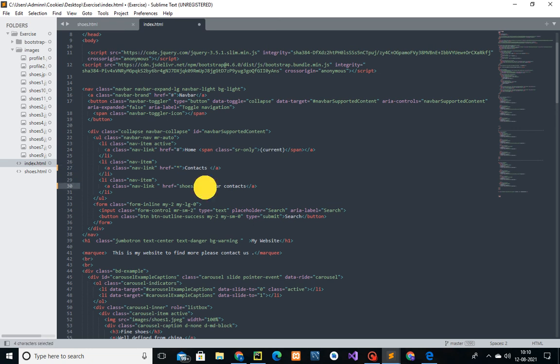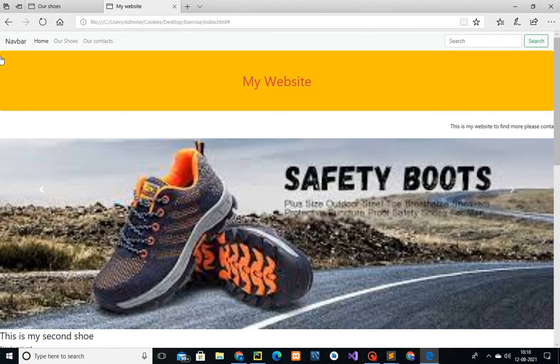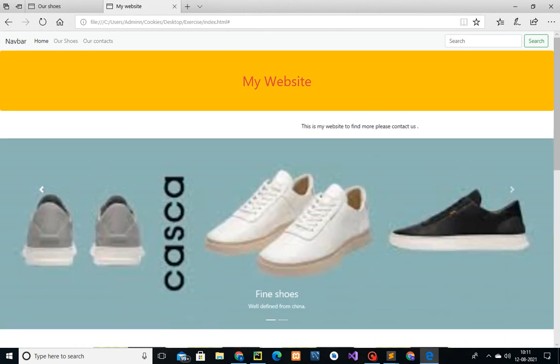So here at your nav link. A nav link means that it's at the top of the page. So this is the nav, and this is link. This is the home link. This is the our shoes. This is our contact. And you can see you can search here and search here. Your project,